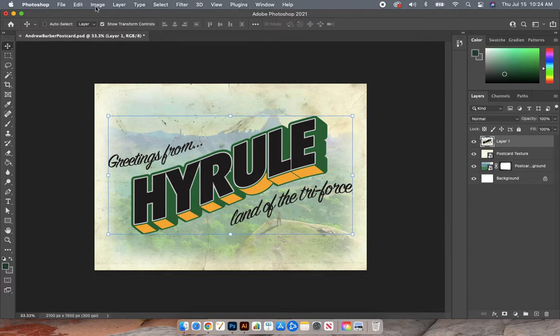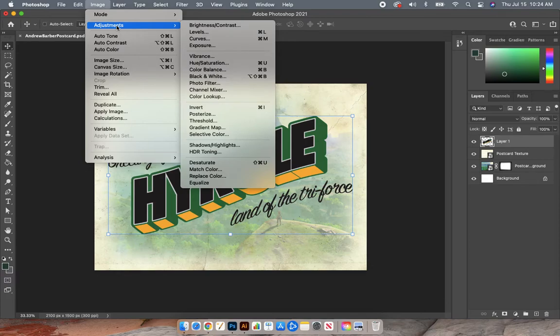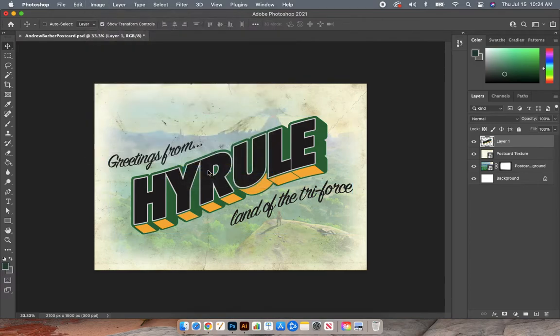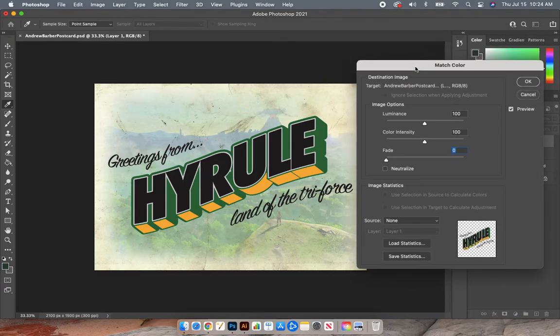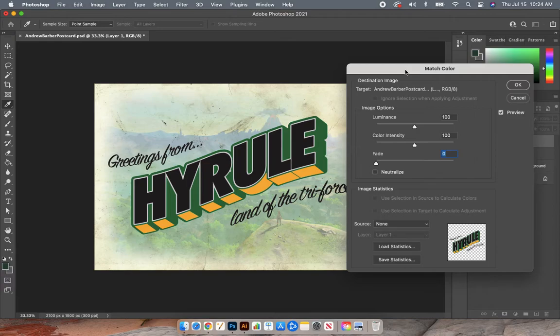go to the very top of your screen where you see Image, and then go to Adjustments. Under Adjustments, you're going to be looking for one called Match Color. I always forget where that is. There it is, towards the bottom. What this does is it will simulate or pay attention to the other colors in your document. So when you click this, it should adjust a little bit. Now, this is where you have more control over it. When this window pops up,